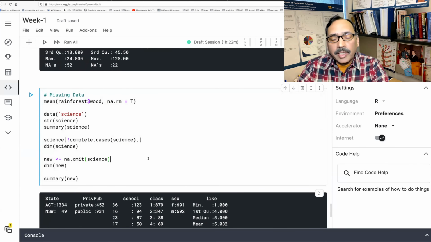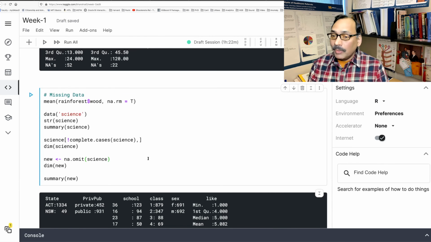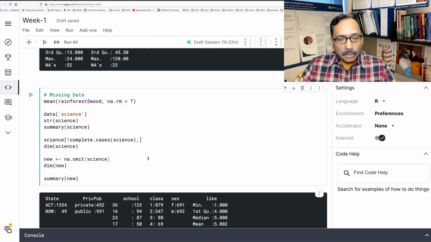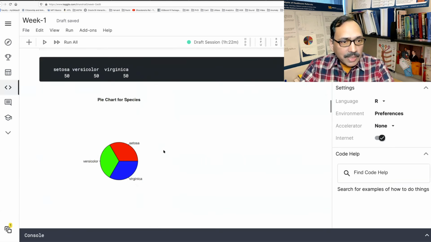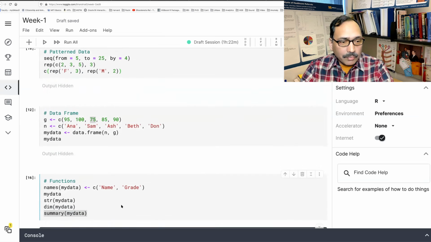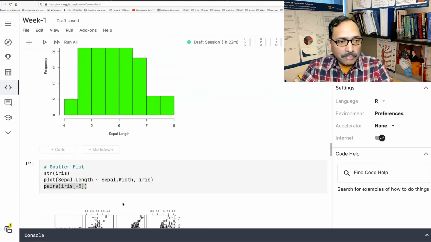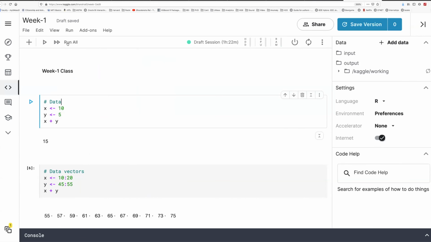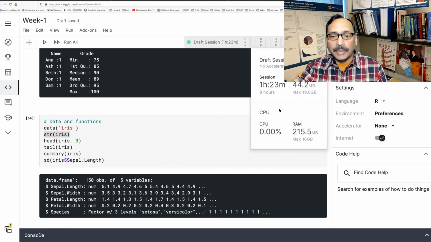So this is one simple thing we can do, especially in those cases where the number of missing data points is very few, like in this case, just 2. But if you have a variable where 90% of the data is missing, you don't want to remove 90% of the rows. It may be better to remove that column itself. So we started with the very basic things, and then we reached a place where we started talking about missing data. If you want to run everything at once, you can always click this button, Run All. It will run everything in no time.